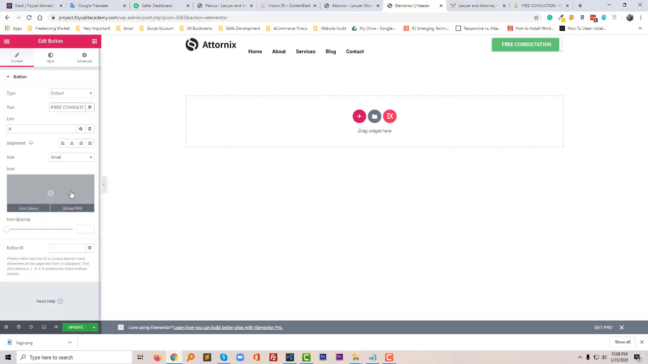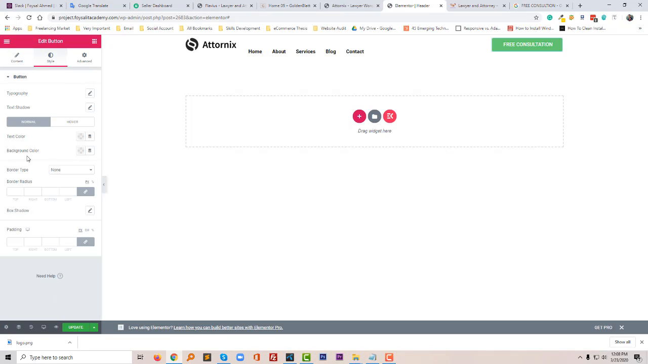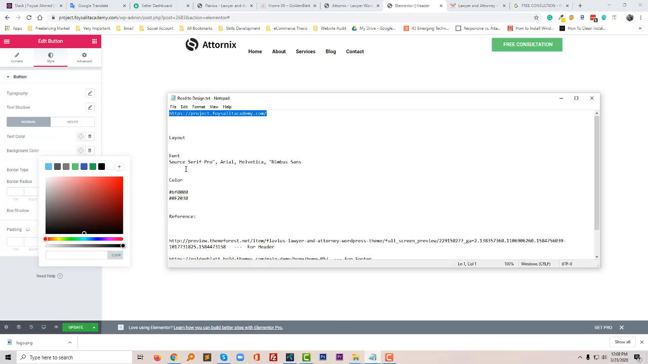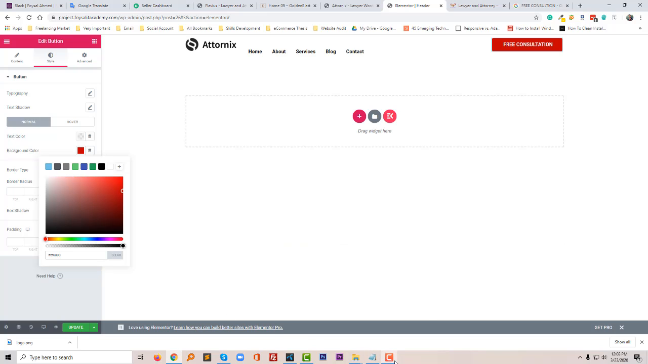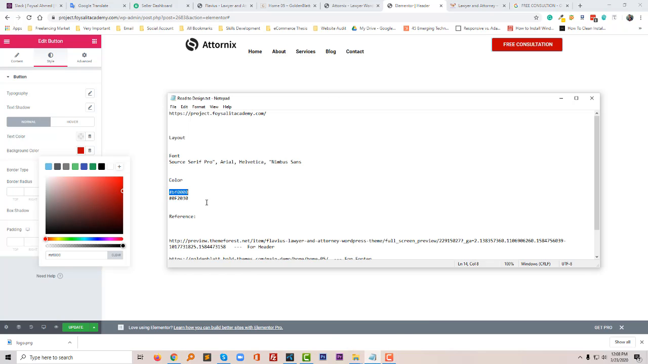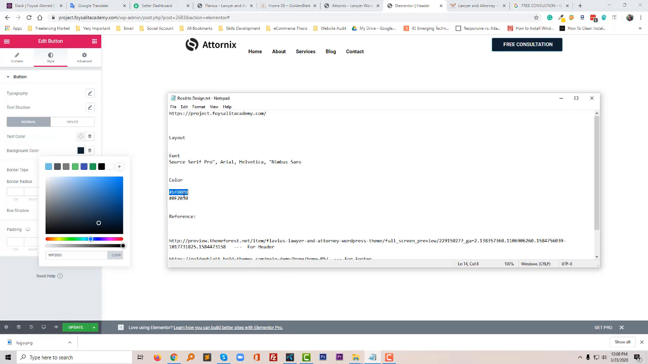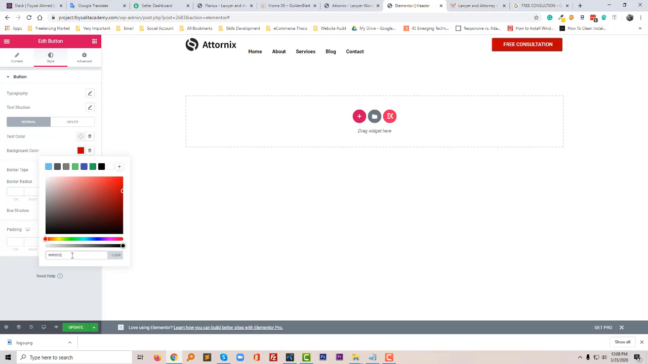background color. We have to design this menu. So position in the menu, background color, we use this color or this one. Let me choose. Okay, we use this color, free consultation, and I have to